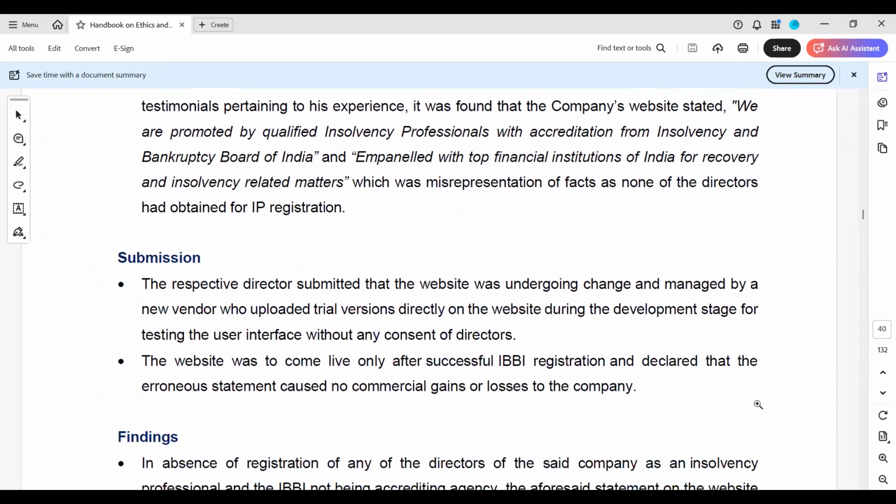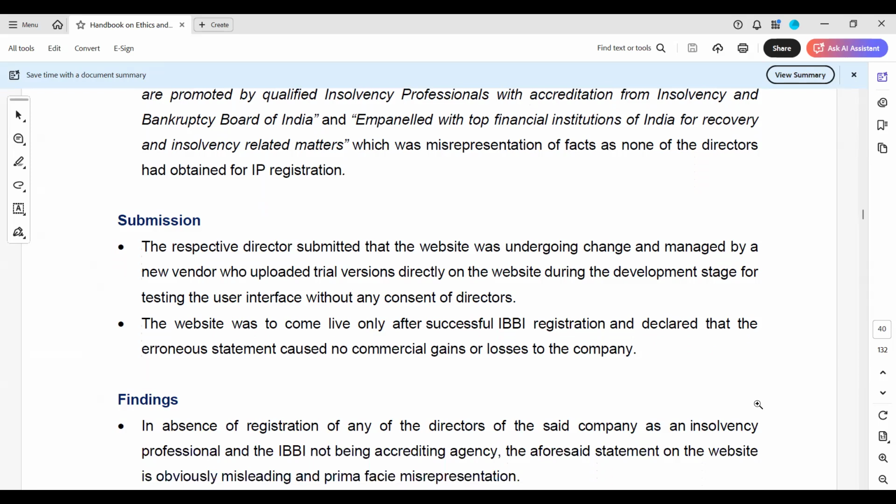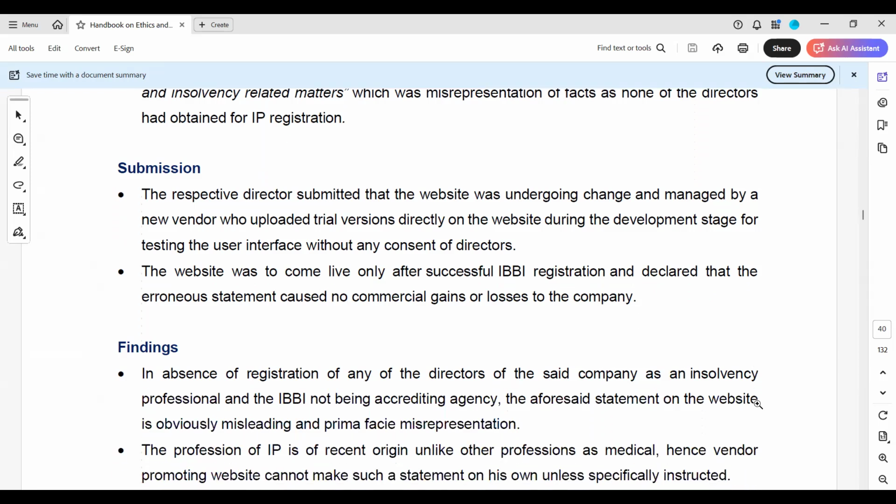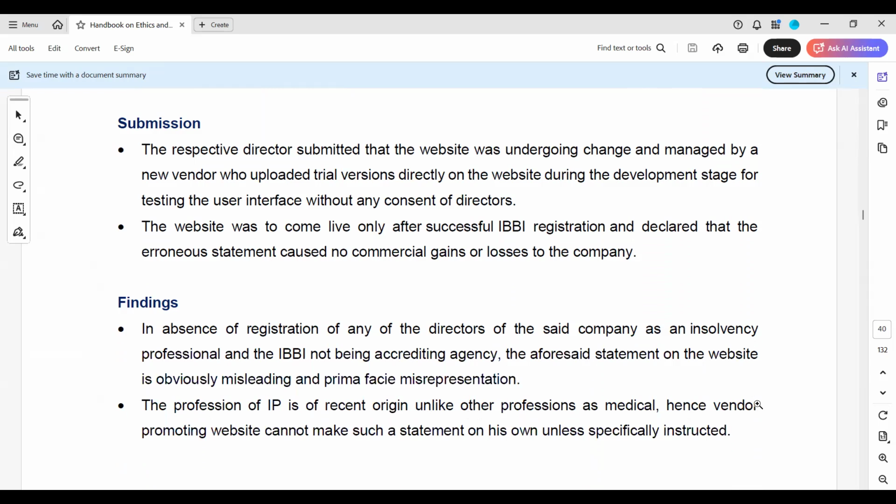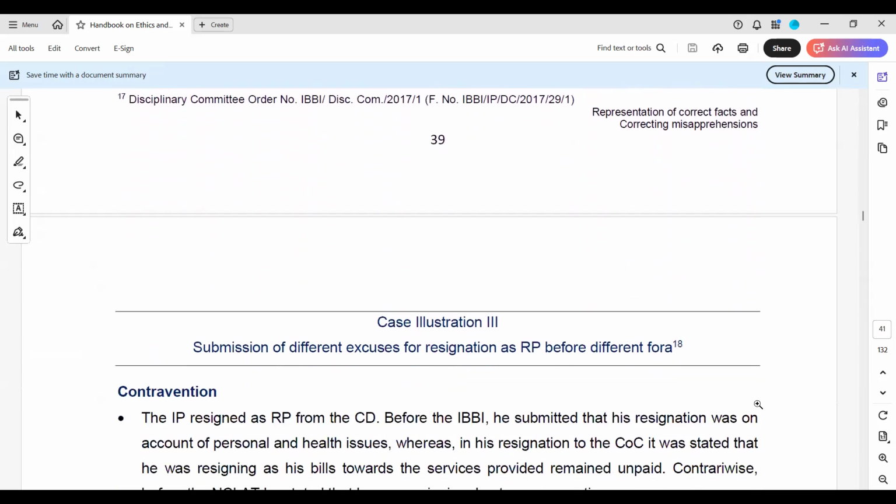Sir, will IBBI verify all this, your website and all, before granting IP registration? No, it's not like that. But actually, some people may file a complaint, or somebody may come to know, or IBBI may take action suo motu on its own, or it might be on the basis of some internal information that they are doing like this. Because it's a very small world now. Hardly 5,000 IPs are there. Only 1,500 are practicing. So it's very easy to know. There are groups. So the point is you cannot misrepresent.